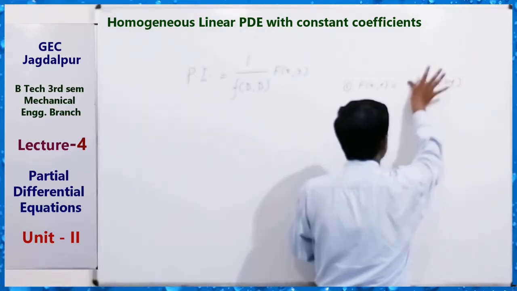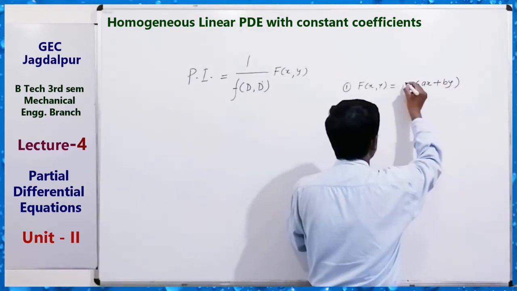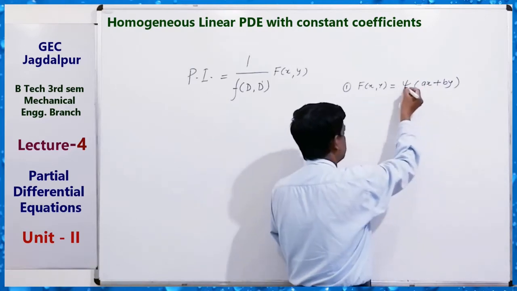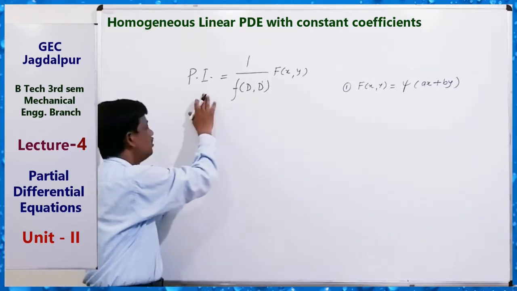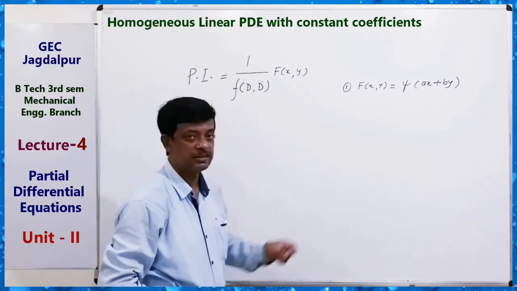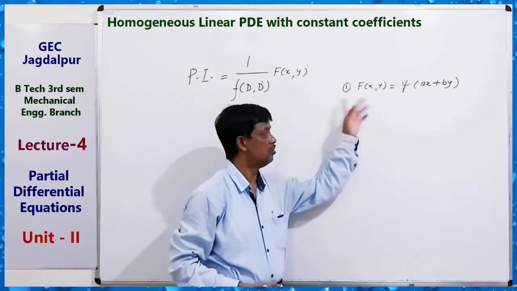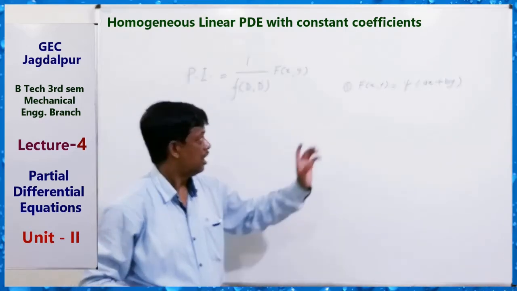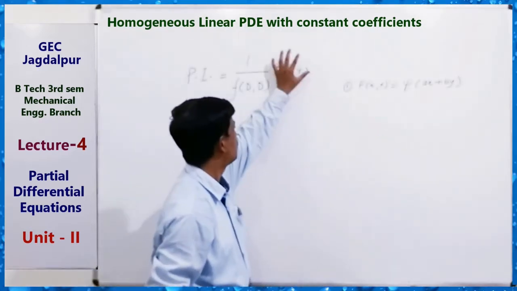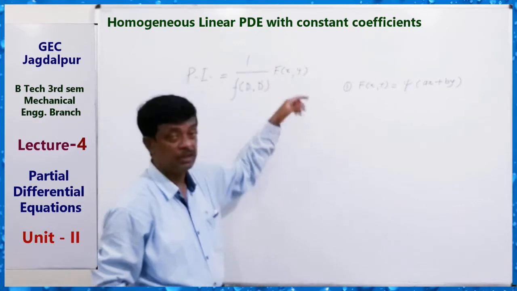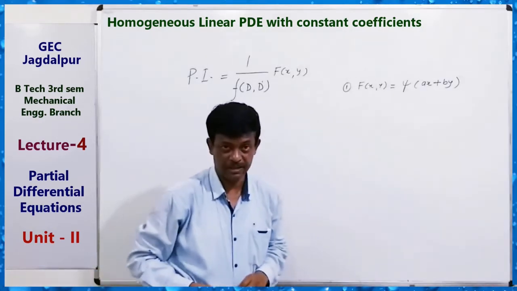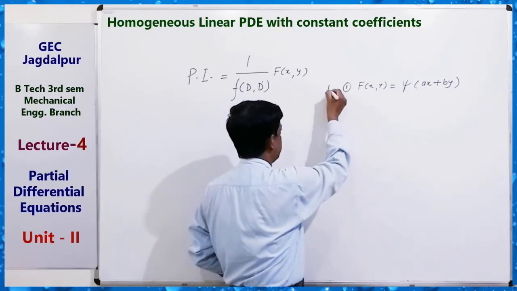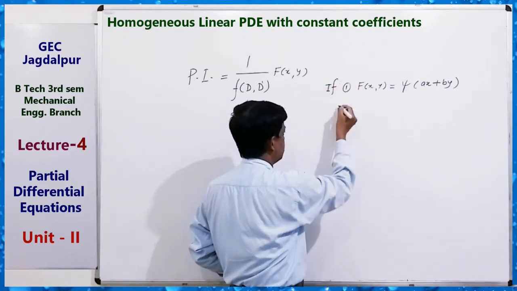You can write another symbol for it. The main thing is how we can find the particular integral. For that there are some rules. This is the general rule. If f(x,y) is in this format, a function of ax plus by, then